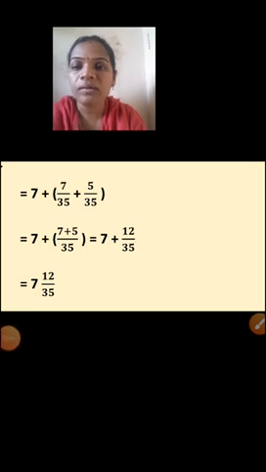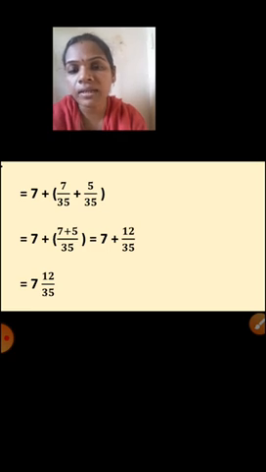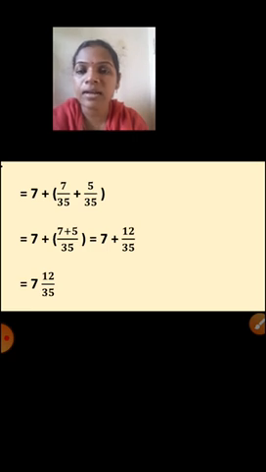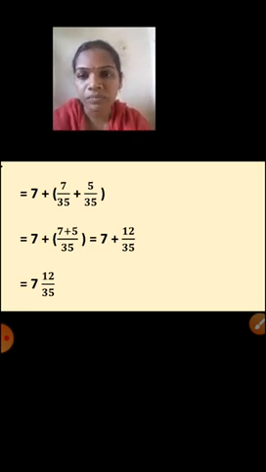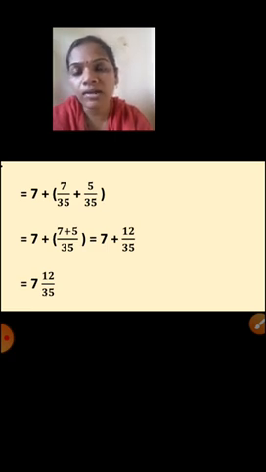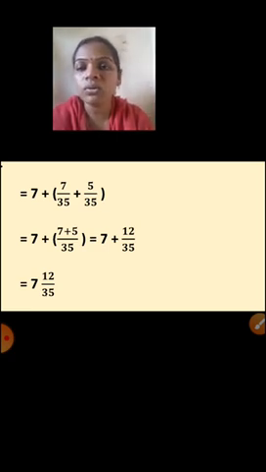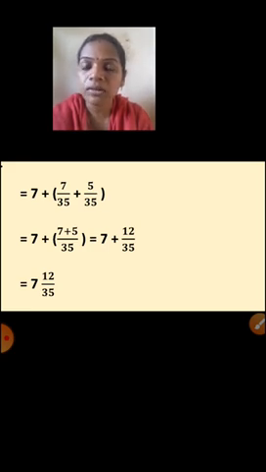So children, today I solved the 3 sums. I hope you understood. The first sum was the like fraction, and the last two sums, that means the second and third one, were the unlike fractions. So for like fractions, what do you have to do? Yes, you have to write the same denominator, and you have to add the numerator only. So children, now you have to tell me the steps you have to follow while adding mixed numbers. First you have to write the whole number separately, and the proper fraction separately. Afterwards you have to see the fraction.